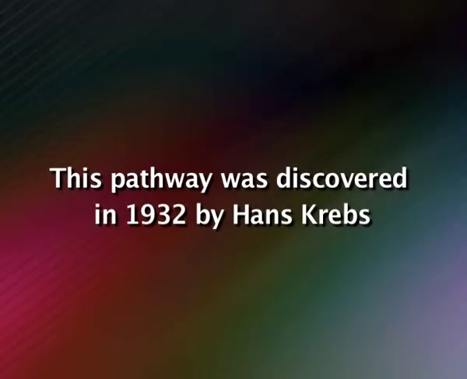So, basically, in the urea cycle, the ammonia is deposited in the mitochondrion of the liver cells, which are called the hepatocytes, and this is converted to urea. This pathway was first discovered by Hans Krebs in 1932. He is the same person who discovered the TCA cycle, or the citric acid cycle, along with a medical student